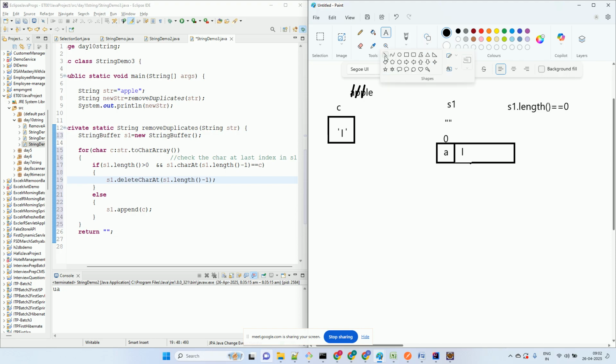Correct. Then next, when it goes into if, what will come into C? E, right? E will come into C. Is the length greater than 0? Yes. Are E and L the same? No. So we're going to append E. So last, I will have this string, and then I need to convert this string buffer back